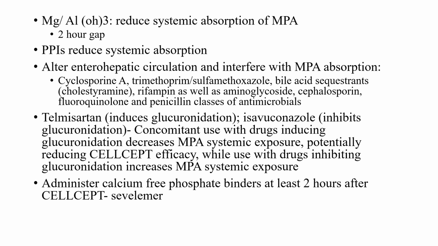And calcium free phosphate binders, so those patients with CKD, there should be a dose gap of at least 2 hours. So calcium phosphate binders, aluminium magnesium hydroxide, PPIs, at least 2 hour gaps should be maintained. Also these antibiotics, because all antibiotics which alter the enterohepatic circulation will reduce the systemic